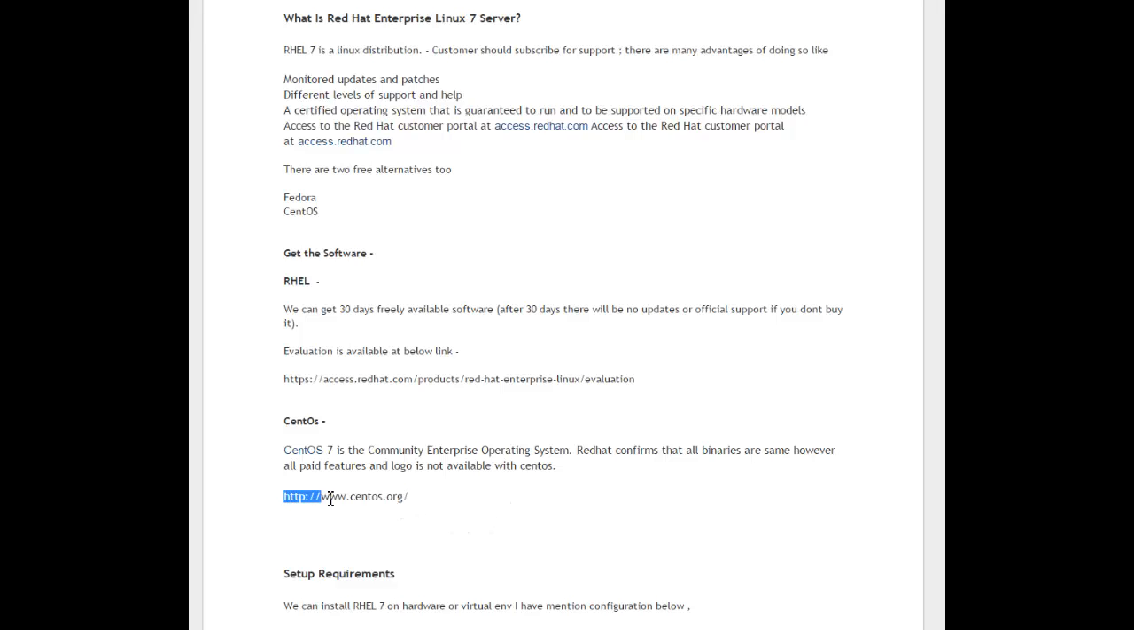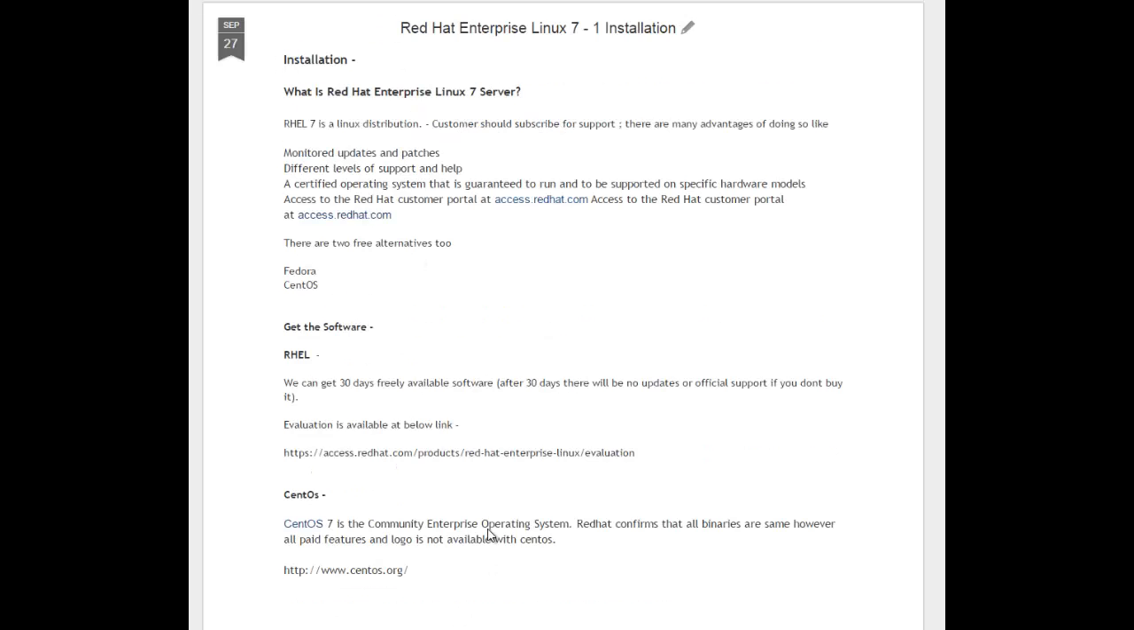You can download it from centos.org. It's very easy. You just go to the website and you will see some FTP or torrent options for downloading. Now for setup,